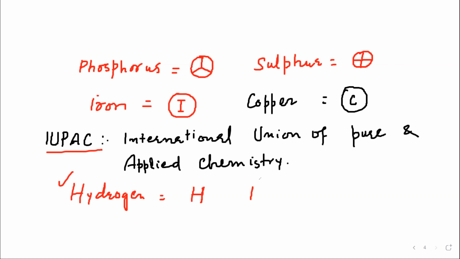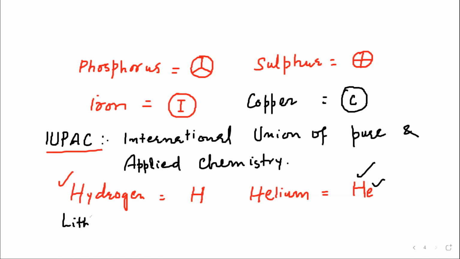Yes, sir. Similarly, then it was helium, having atomic number 2. They said that H we have already given, so we will just add the next letter, that is E. So the symbol is He. First it is H, then e. So this is the symbol for helium. Got it? Yes, sir. It is very easy. So the first letter you write as a capital, and the second one is written as a small letter, right? Yes, sir. Exactly.